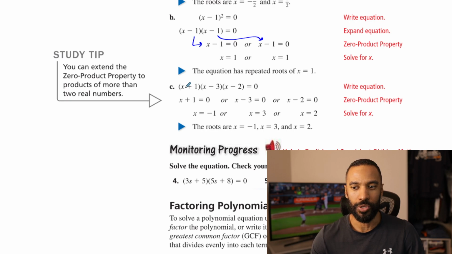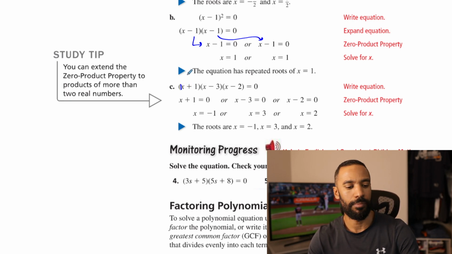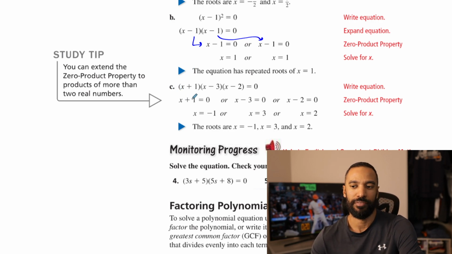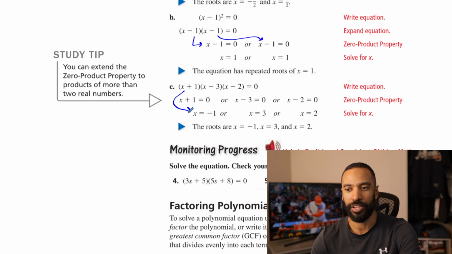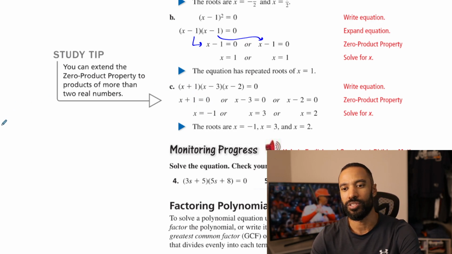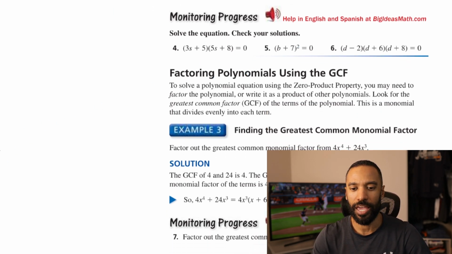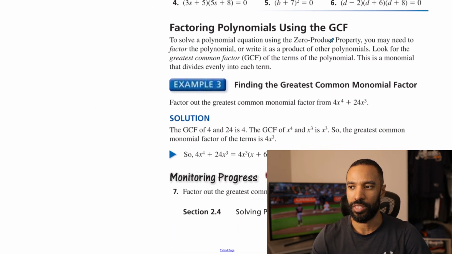There are some times where you can, like if I see x + 1, it's because it's 1x + 1. I'm just dividing both sides by 1 and I don't change my value. So if you ever see me go straight from here to here, hopefully you're understanding why negative 1 is the value that would give me 0 in that instance. Okay, some more examples there,